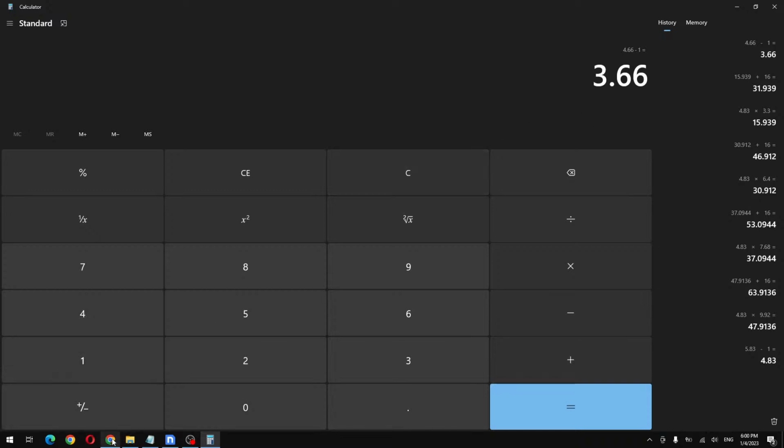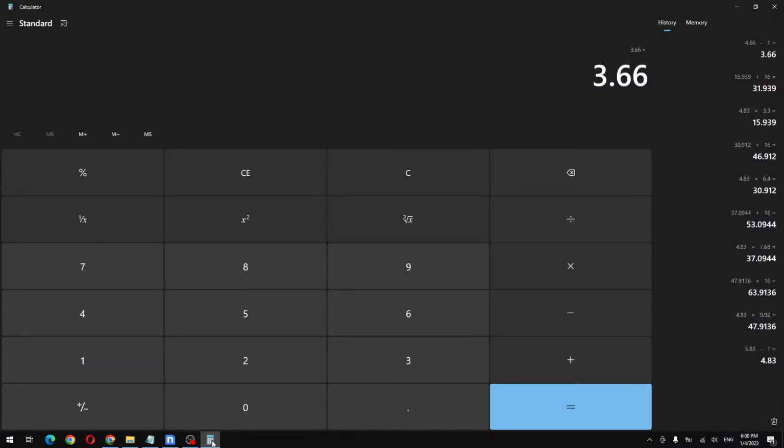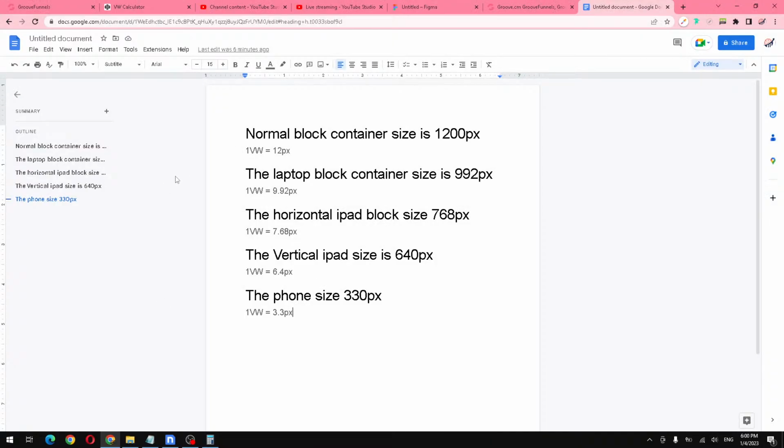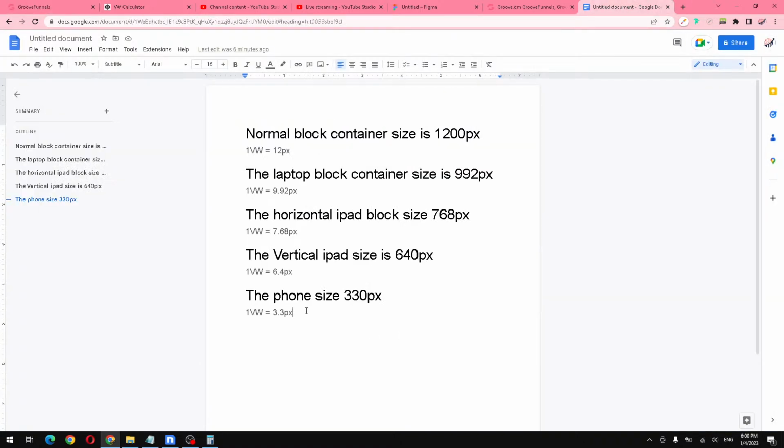Okay, and in the laptop, for example, which is 9.92, I will have this multiplied by 9.92 pixels, and the result will be 36 pixels, and 36 pixels plus 16 pixels is 52 pixels. I hope you are not lost in here, but it is what it is. Let me have this in here. So